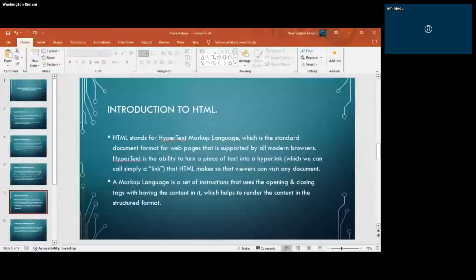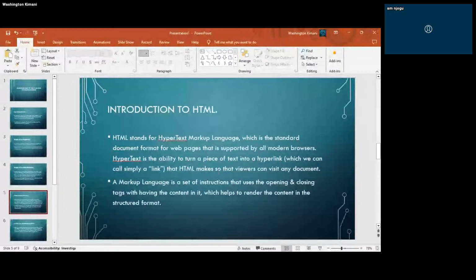So ile yenye unaandikanga hapo juu unaandika www.google.com in the case of Google, that's the hypertext, or it's the hyperlink. So hypertext turns text into a hyperlink, which is simply referred to as a link, that makes HTML